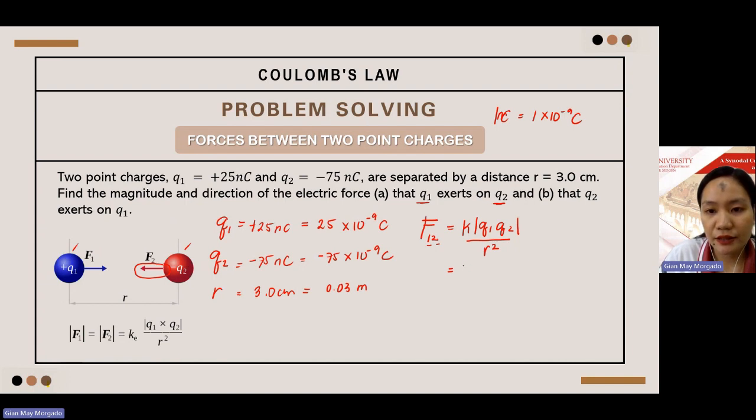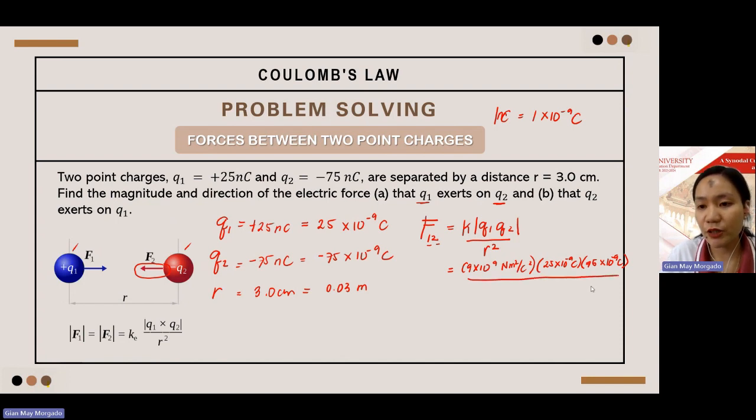K is, again, 9 times 10 raised to 9 newton meter squared per coulomb squared, times 25 times 10 raised to negative 9 coulombs, times 75 times 10 raised to negative 9 coulombs. Notice that I omitted the negative sign already because we are only considering absolute values. All right, so next, divided by